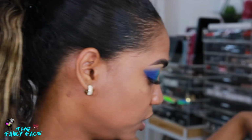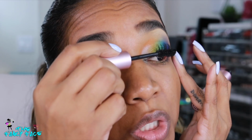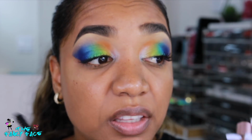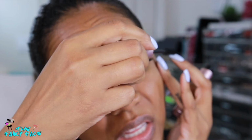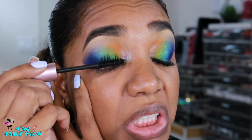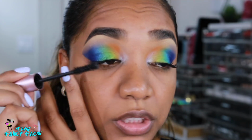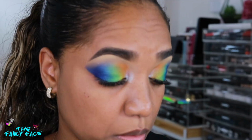See the little box, it's nice. You know what I like about it? I'll say this. I like that it gives nice length and it gives beautiful separation, but it doesn't give me the volume that I prefer. For me, I like volume for a subtle look, not really intense, but I love volume. So I like that it curls. It does a little curl. It does some length and it separates. So I would use it in conjunction with a mascara like the Too Faced Better Than Sex, which is my favorite, to help to separate my lashes. So anyway,